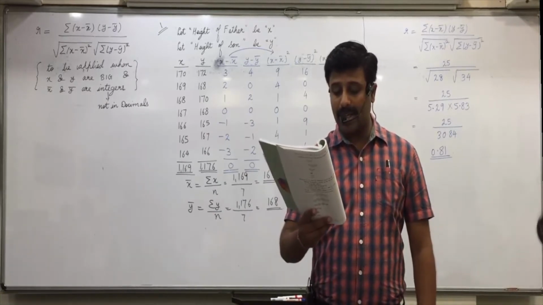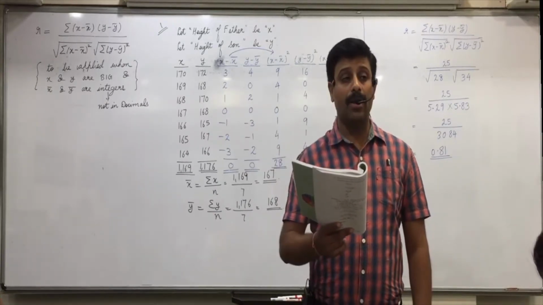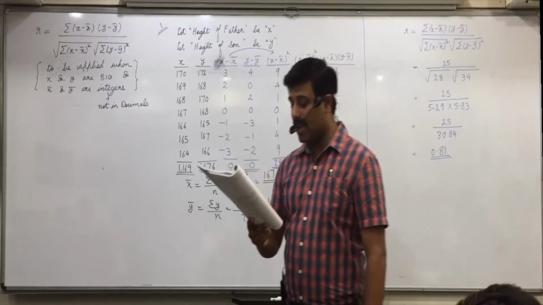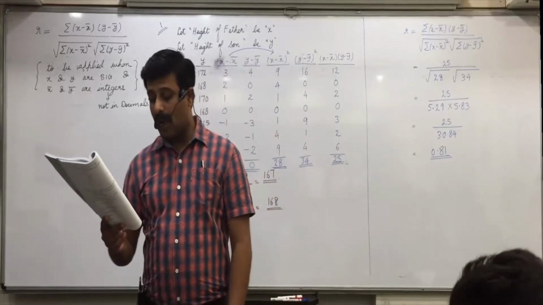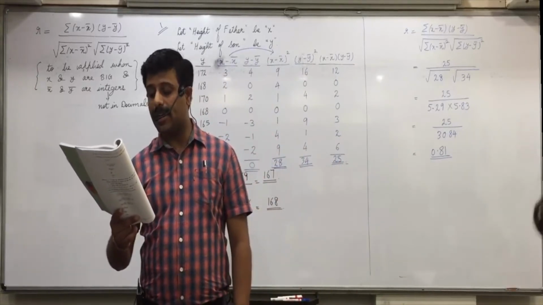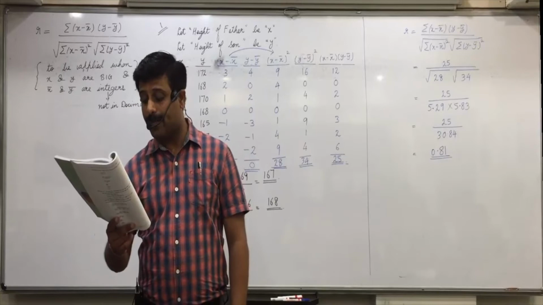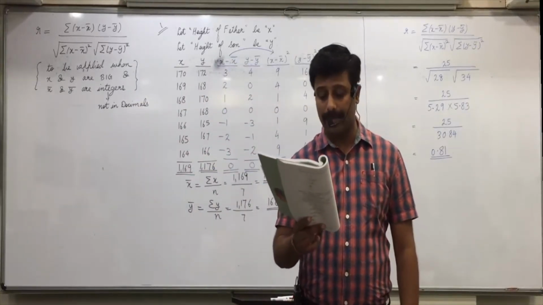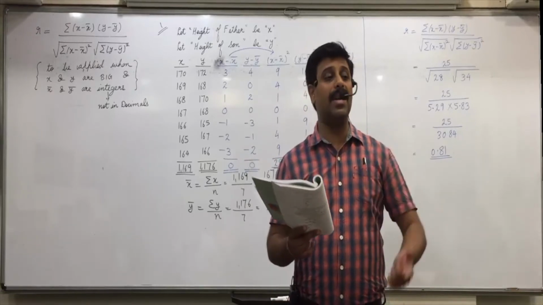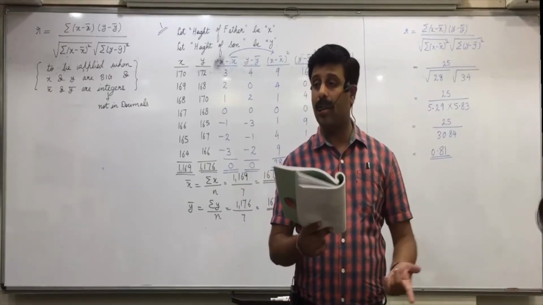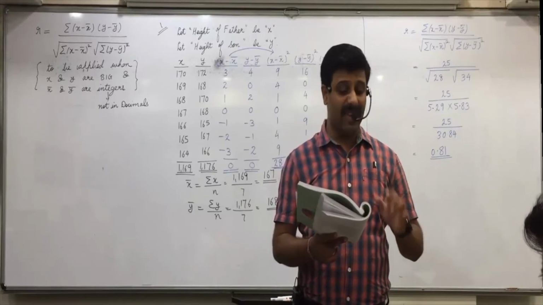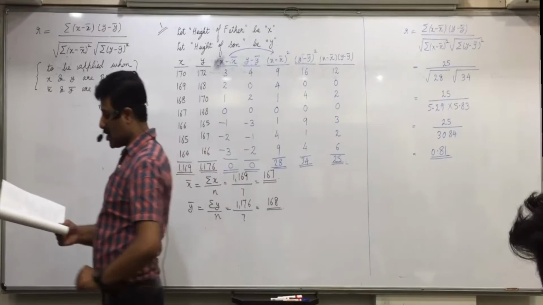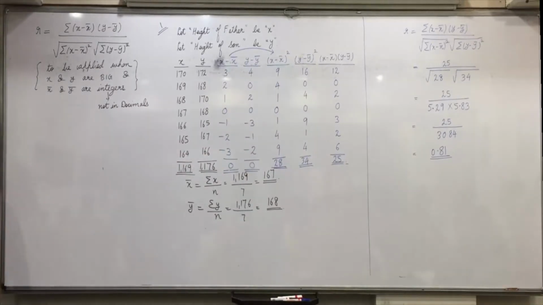A local cottage industry making various snacks sells each snack in a packet of 100 grams. From a study of price determination regarding a new kind of wafer, the following information is obtained for the price and the demand. Again, let price be X and let demand be Y. First, we'll write the values of x and y and obtain x bar and y bar. What is asked is to find the correlation coefficient between price of wafer and its demand.